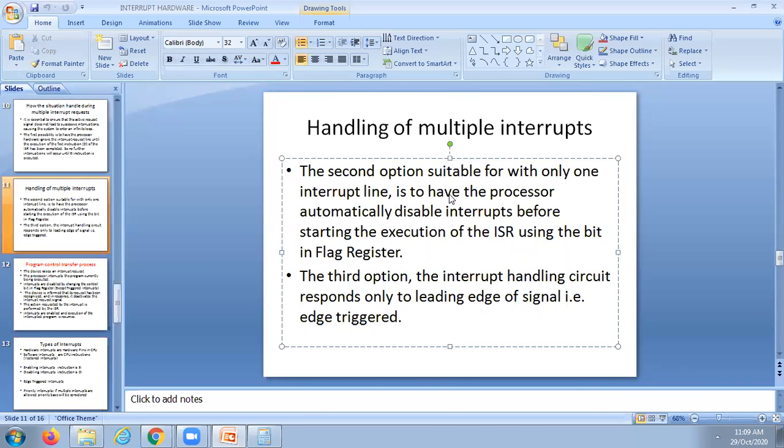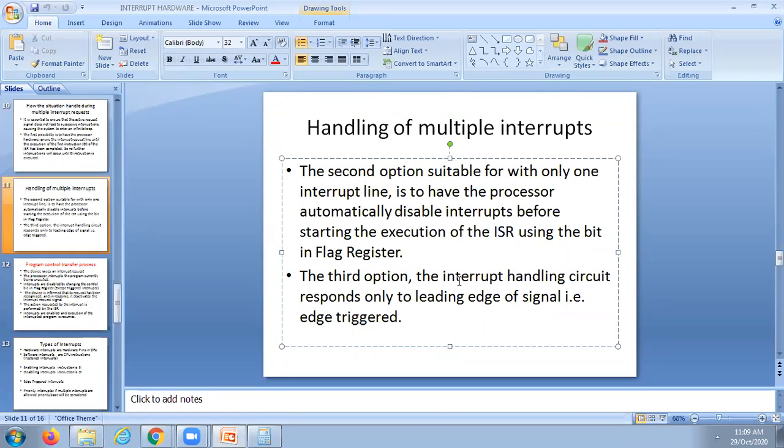Whenever one interrupt request is attempted, automatically the interrupt flag register bit is made 0. That means it can disable all other interrupts. That is one option, directly manipulating the flag register. Another is by using EI or DI instructions in the ISR. That is the first and second option.